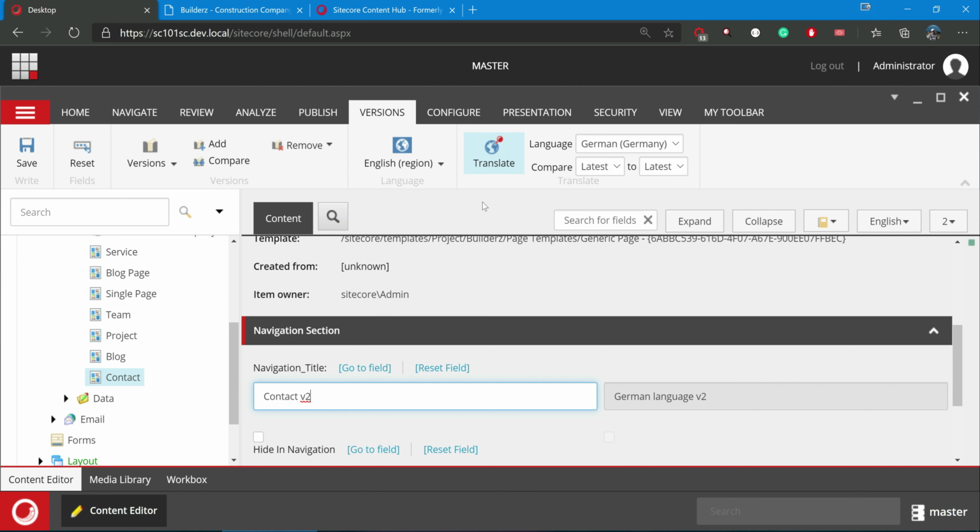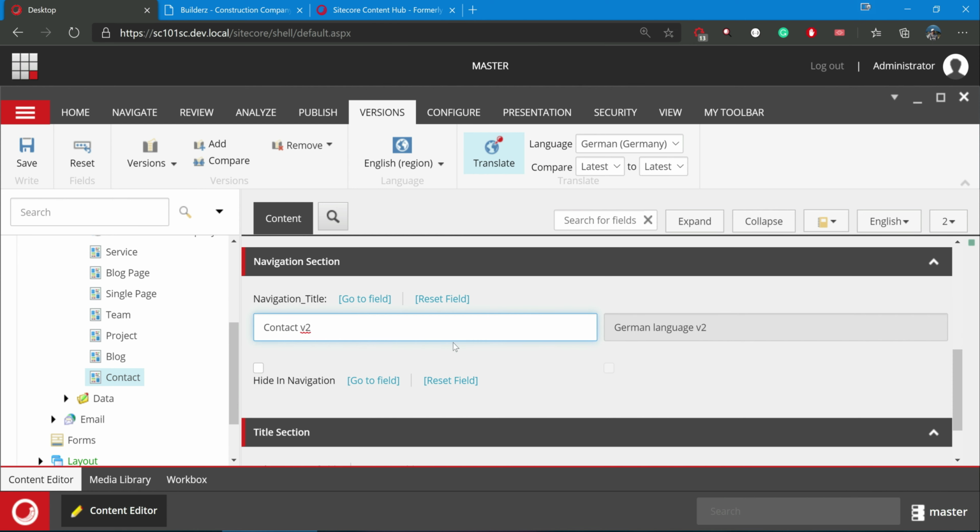And also imagine that sometimes the content is there in English, and English is the default language on this whole website, and German is another language. If a particular text is not present in German, if it is empty, would you require it to show the English? That is kind of a fallback. Whether that is required or not, language fallback is a whole different concept. Again, it requires a lot of configuration and a little code.